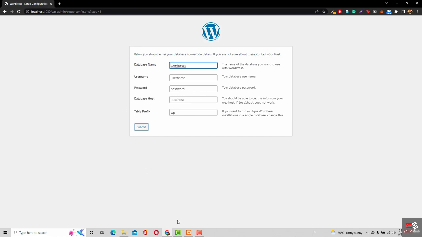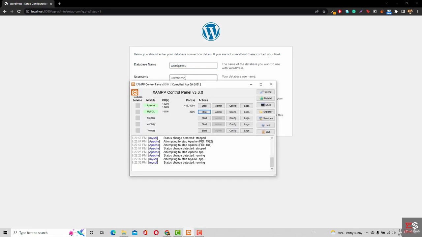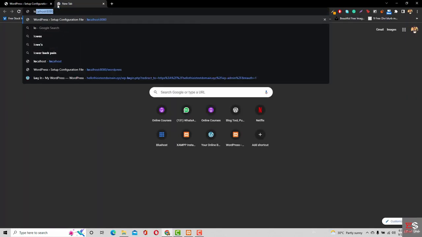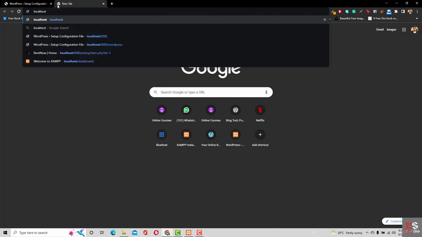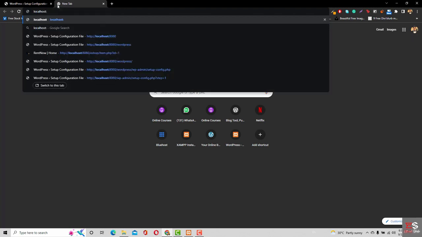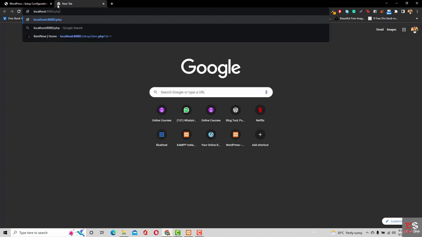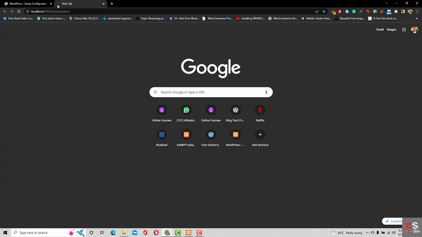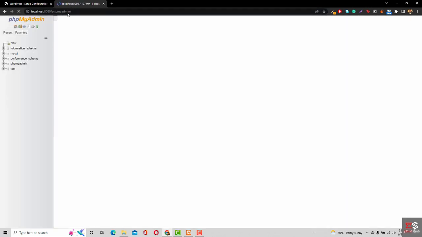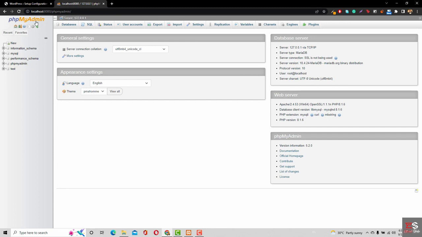So for that, make sure that in your XAMPP you have your MySQL started. If it is started, now you need to go to localhost, and if you changed your port, right here, :8080/phpmyadmin, and now you have to hit enter, and this is going to take you to the phpMyAdmin